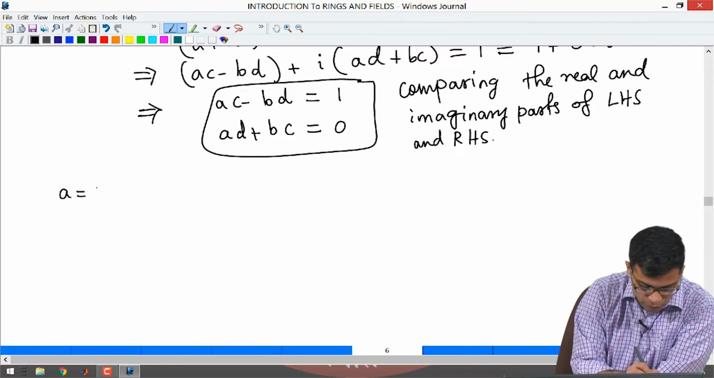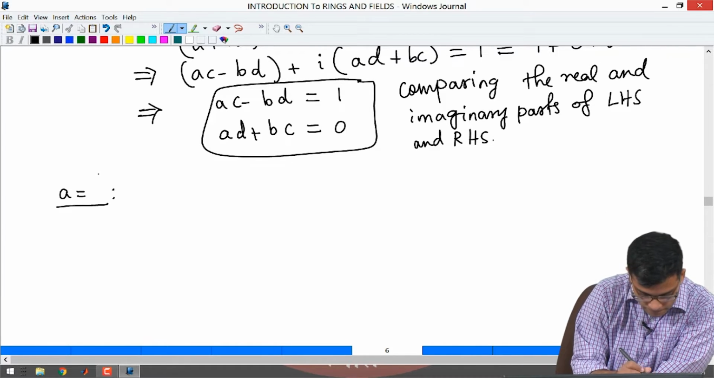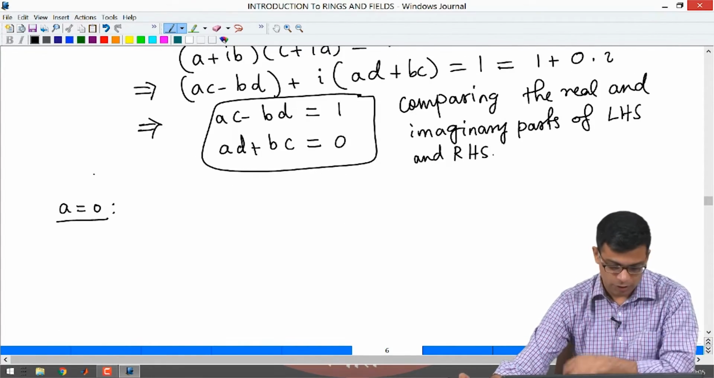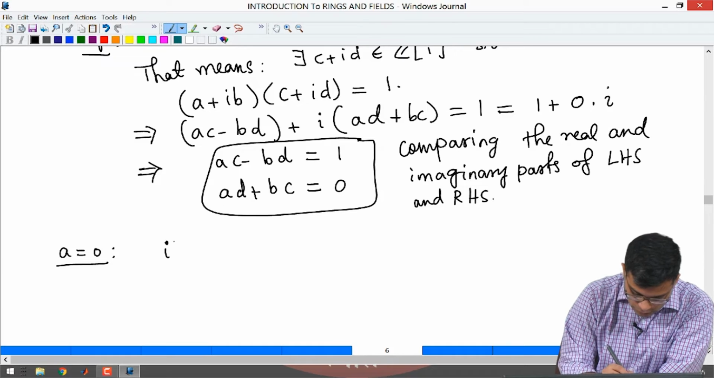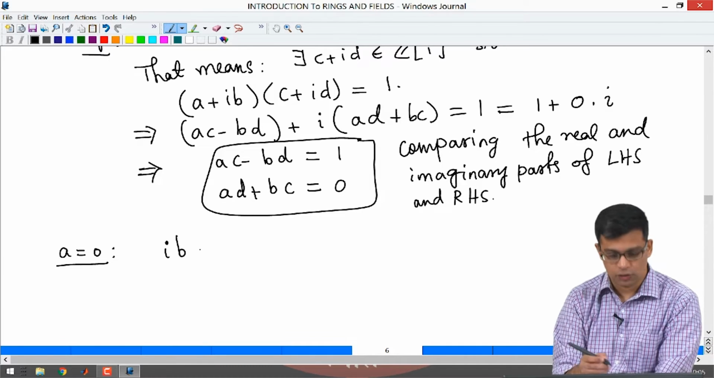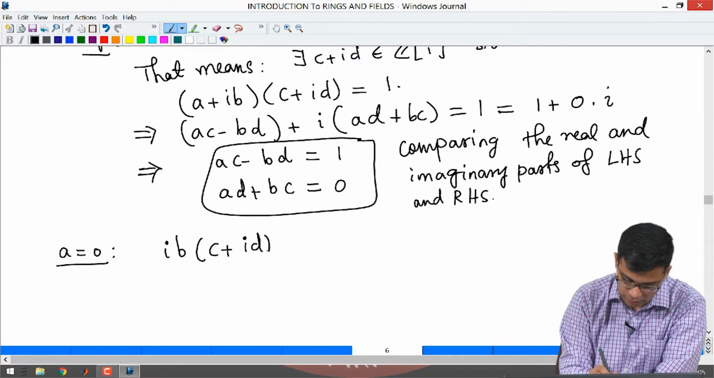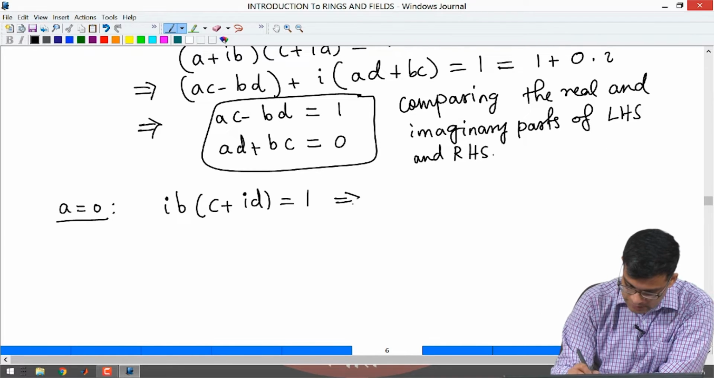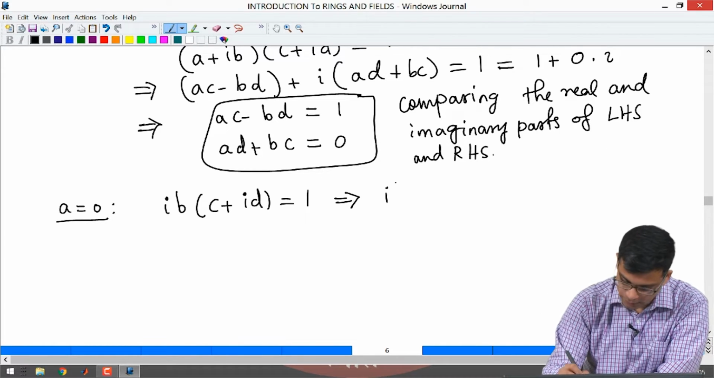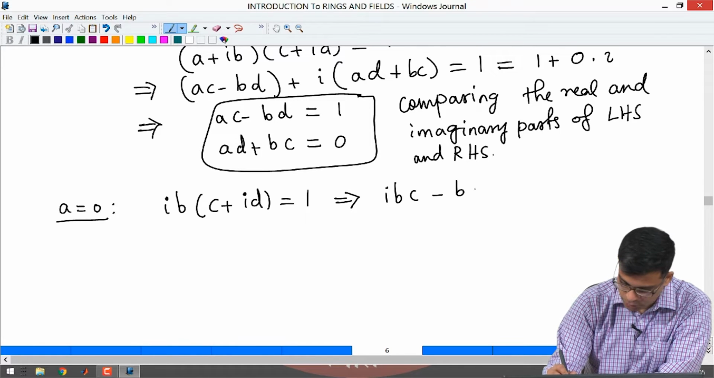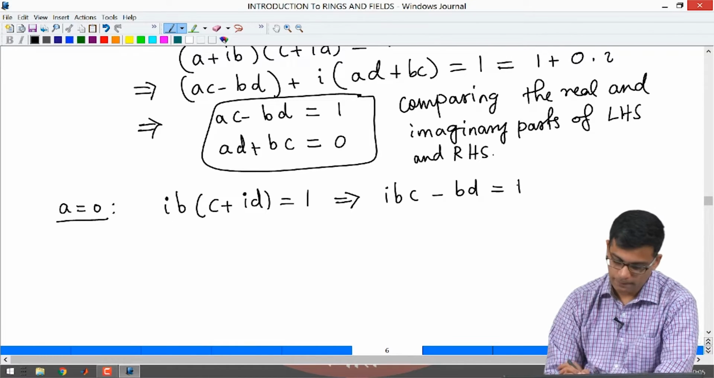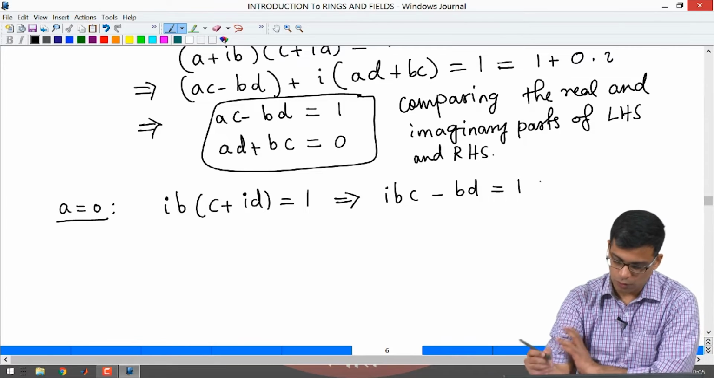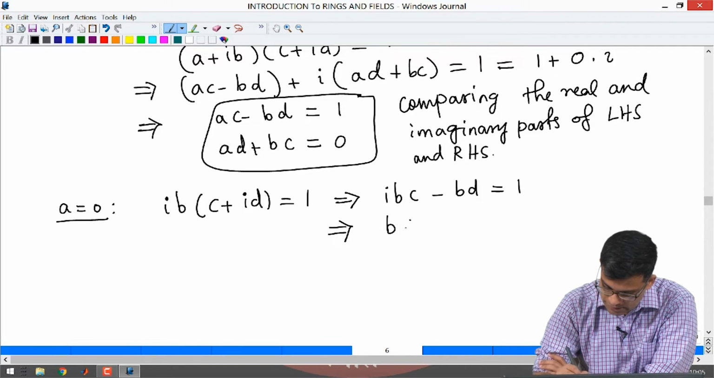So, suppose A is 0. So, A plus IB is the number I am starting with. Suppose A is 0, that means IB is a unit, right. So, IB times C plus ID is 1, that means we have IBC minus BD is 1. Okay. I am just simplifying these equations in the box, right. So, this implies BC is 0,